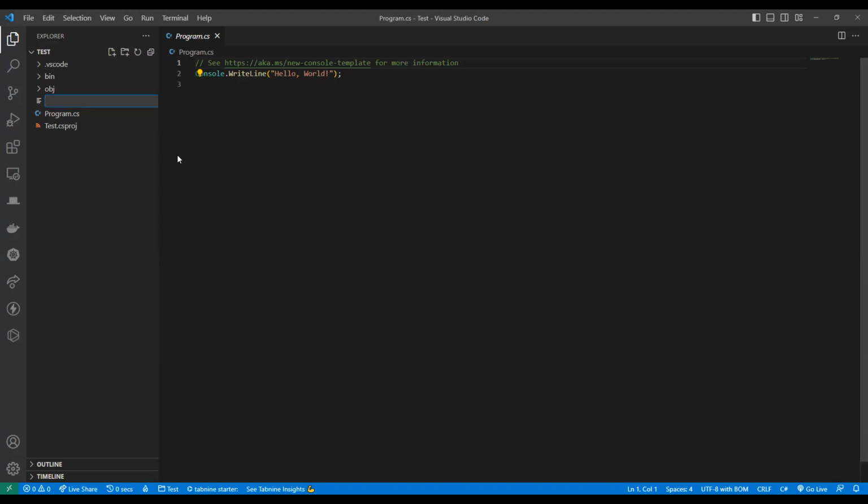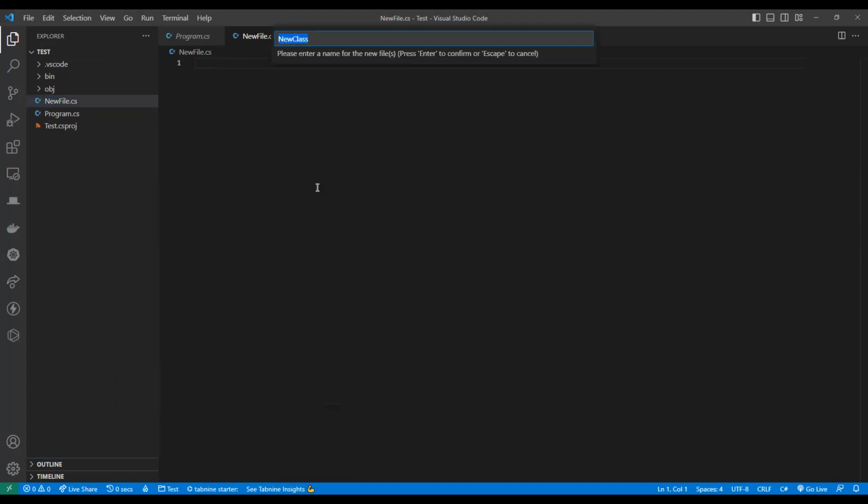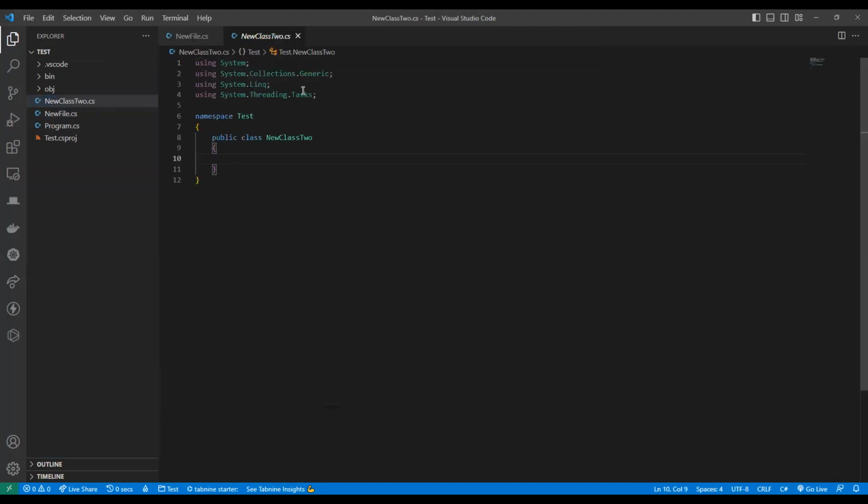So if I say new file.cs, you can see there's nothing in it, right? But with the extension, if I just say new class, let me say new class 2, and then, as you can see, it just created all of this for me. So that's what that extension does.